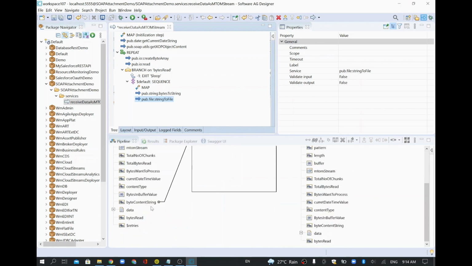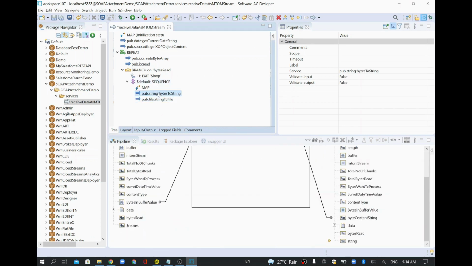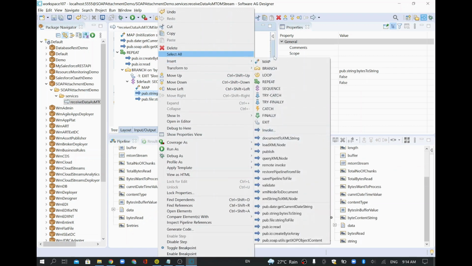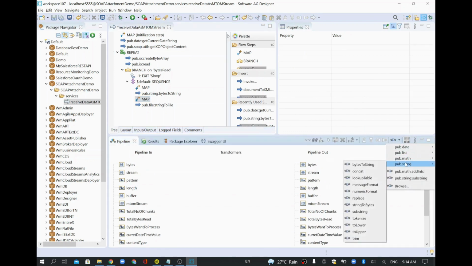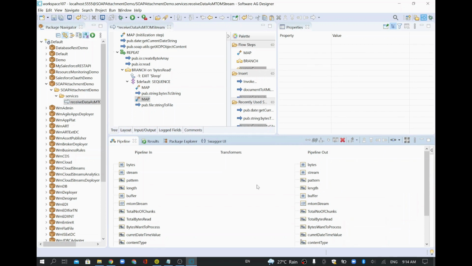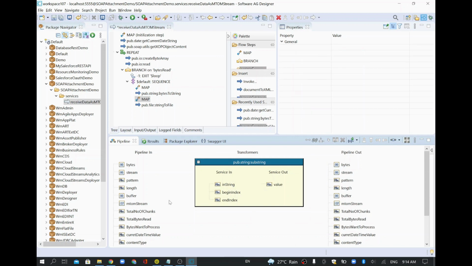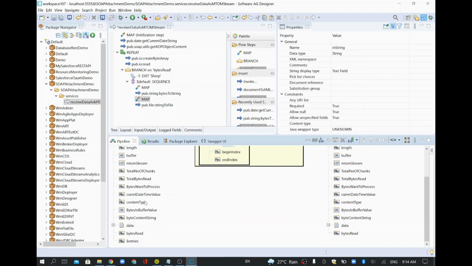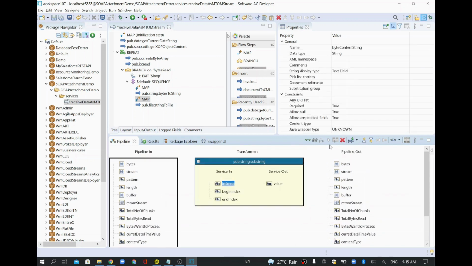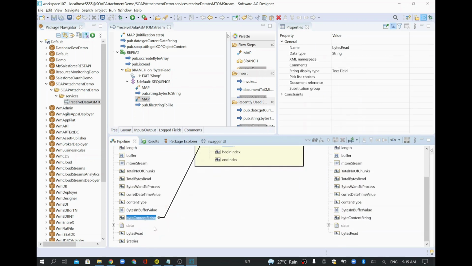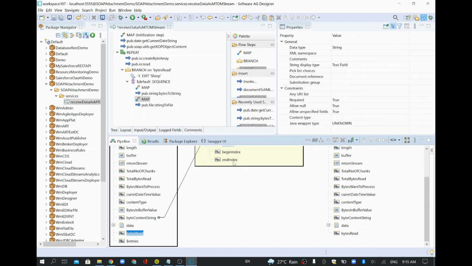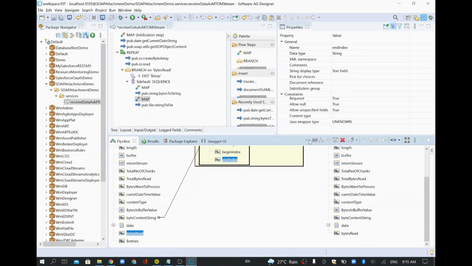For that we need to do a substring of our original string. The original string is stored here, which I'm going to substring. So I'll insert and add one more map here, where I call substring. Click substring, and in is our original string, which is your 18 KB data. This bytes read will give 18 as well, which you can give as the index, so that it will only pick 18.